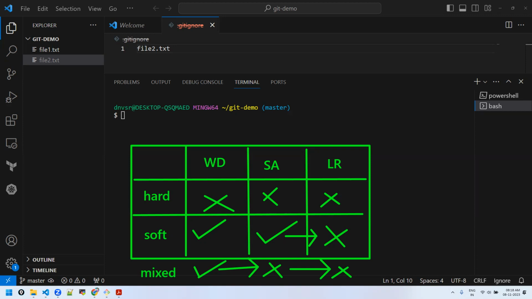Yes. Okay, so in the same scenario, how would the soft reset work? Soft reset is just removing from your local repository. It means whenever you do soft reset and whenever you do git status, it will tell us,